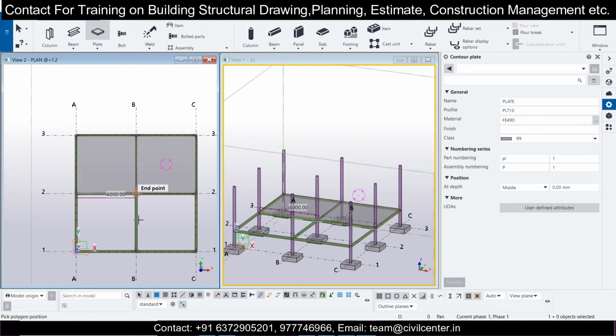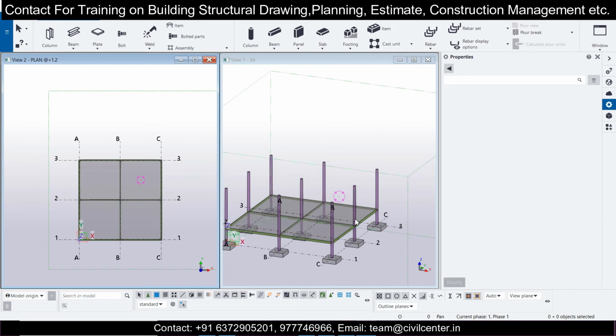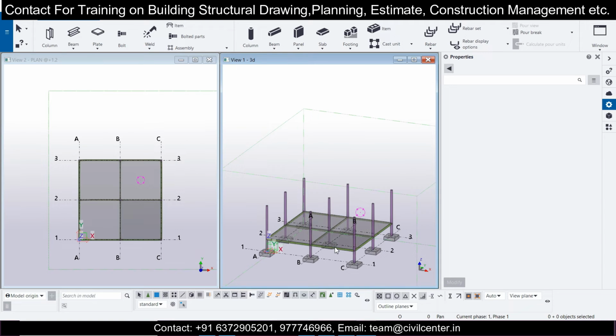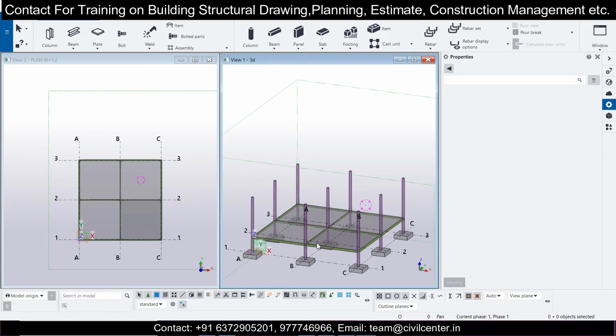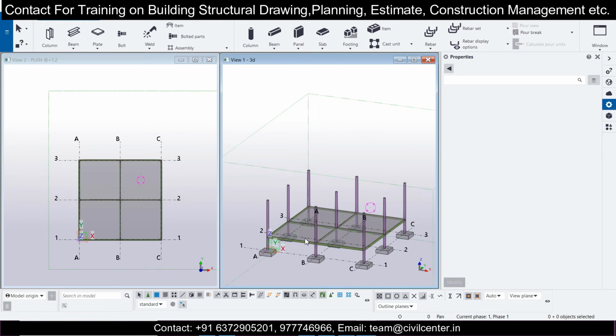Otherwise you have another procedure: double click here, like this it will be done. So you need to do it for all the 4 points. 1 2 3 4 5. So like this we have created the plates for the plinth level, and now if you want, we can do it for the next level as well. In some places we have sand filling below the plinth level. In that case you don't need this plate, but just for reference I have shown you that.